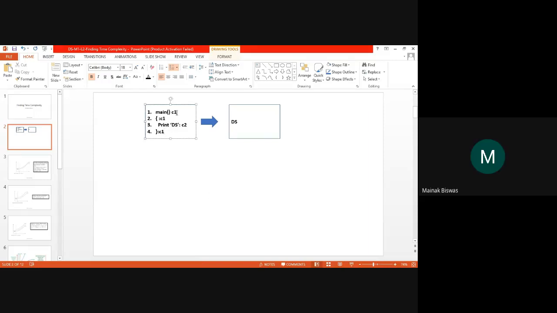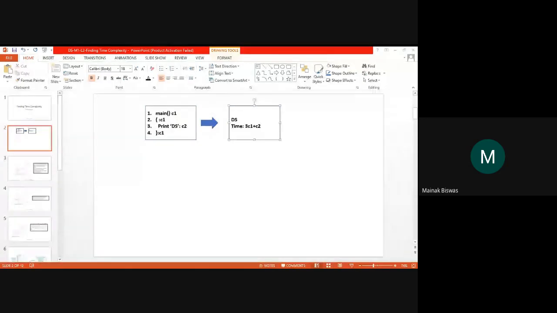So this line of code takes C1, this one takes C1, this one takes C1, and this one takes C2. So the total time it takes is 3 times C1 and 1 time C2. But since print is a very heavy operation,